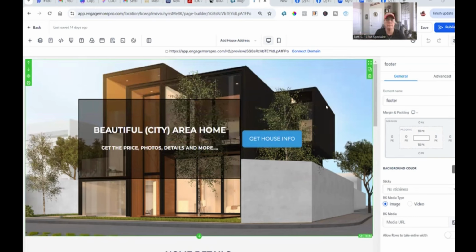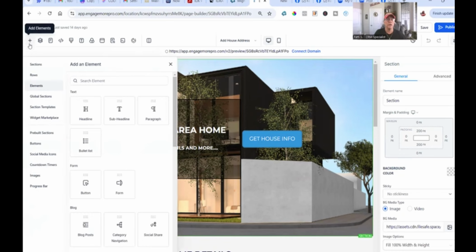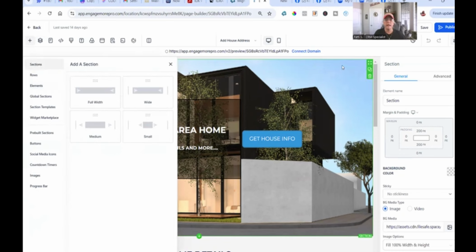Okay, so the first thing I would do here is put a picture in the back. This is a background. I just want to start from the beginning. The green section is a section. Let me click on this. This kind of helps. If I click over here on the left, the green area is a section. That's the whole big thing, and in this case, I like to just call it a banner. So a section kind of is a banner. It's big